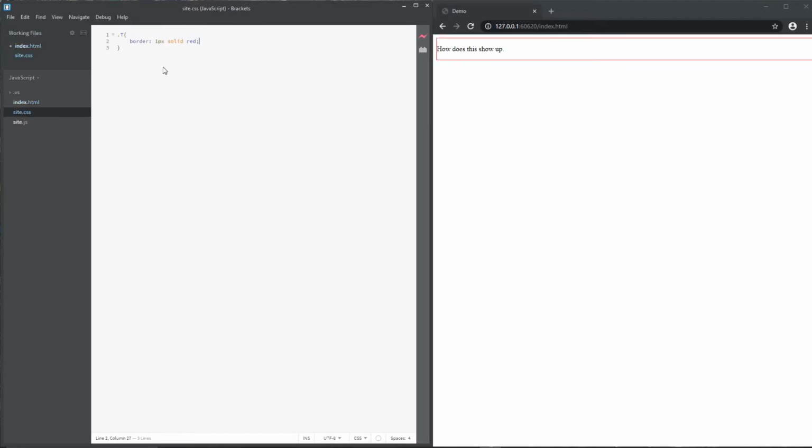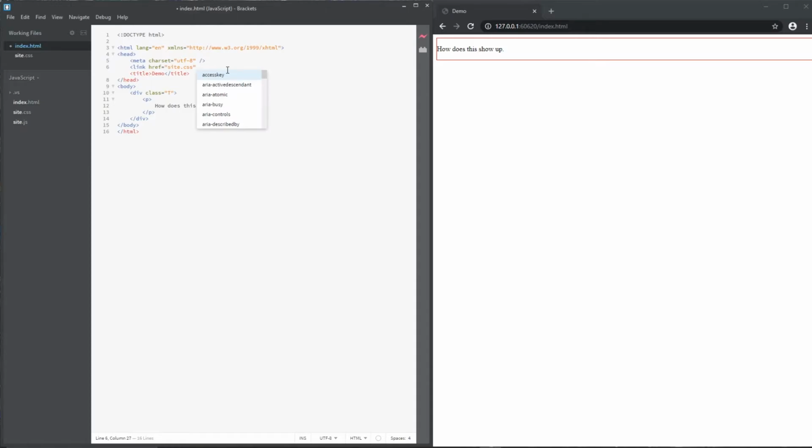Did I say red, right? Border 1 pixel solid red. Oh, I see what I did wrong. I forgot to finish off the link. My bad. So you're going to say rel, and rel is basically just trying to indicate what exactly it is. For CSS, you're going to say stylesheet down here. Stylesheet,